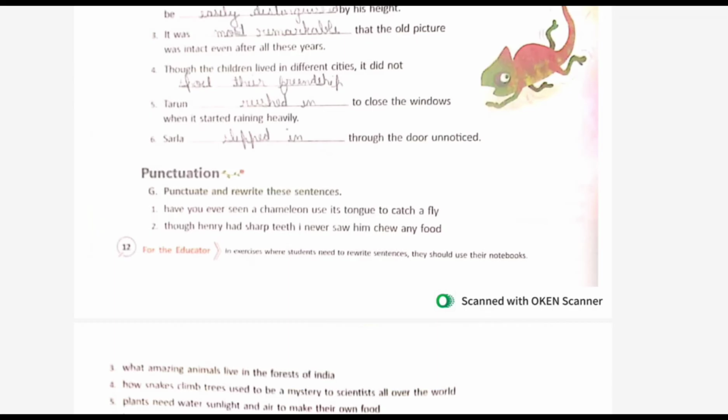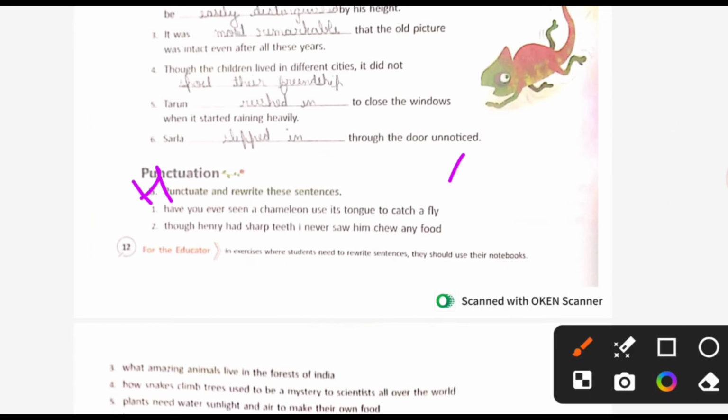Punctuate and rewrite the sentences. Punctuation आपको पता ही होगा. Use of full stop, comma, question mark, exclamatory mark, inverted commas, capital letters. चलिए. Have you ever seen a chameleon use its tongue to catch a fly? First letter capital H, full stop in the last. Though Henry, H capital, T capital, H capital, had sharp teeth, I never saw him chew any food, full stop